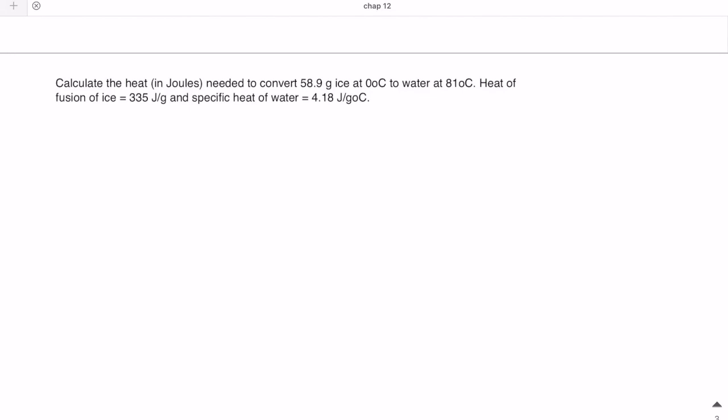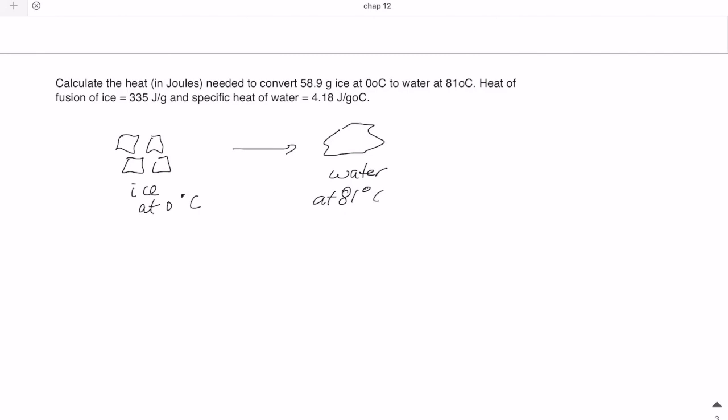And then it gives you a couple of pieces of information, the heat of fusion of ice and the specific heat of water. So the first thing to think about is what's the process that's going to happen. So we have some blocks of ice at 0 Celsius, and what we're trying to get to is liquid water at 81 degrees Celsius. And so in our heating curve, we have to plot which part is going to be needed to reach from the beginning